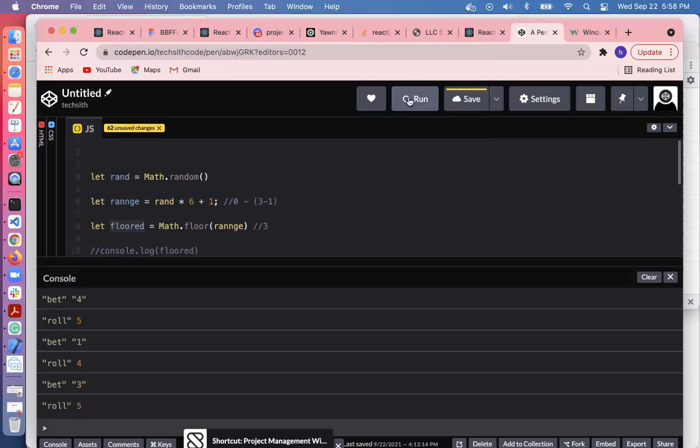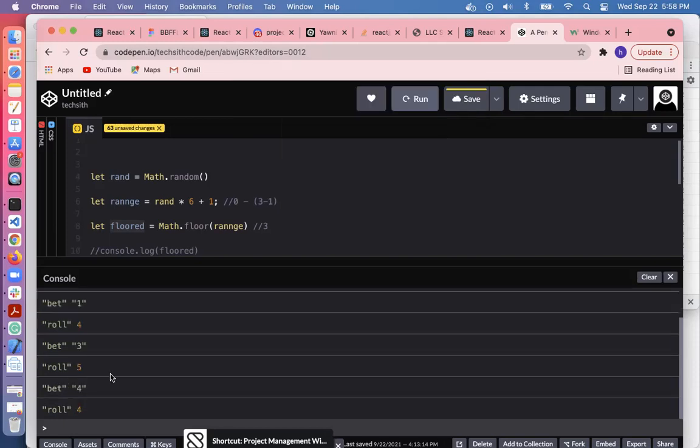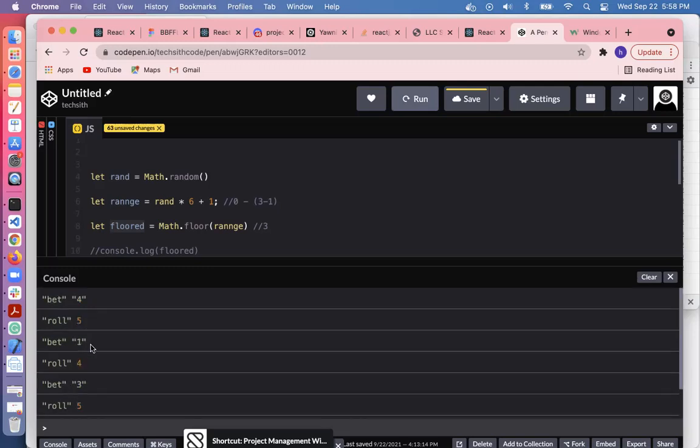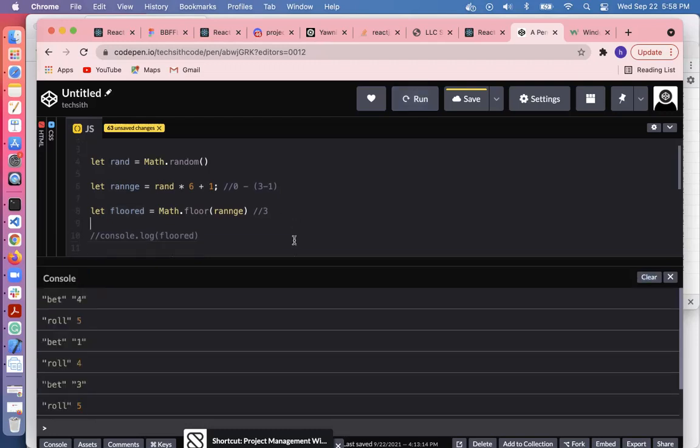I lost again. That's why it's really hard to win the casino. Oh, I win again. So imagine how many tries. 1, 2, 3, 4. Yeah, after 4 tries, I won. Or 5 tries, I won. Right? I mean, that's probably the right probability, because the probability is, every 6 tries you will win, because there are 6 sides of a dice. So,